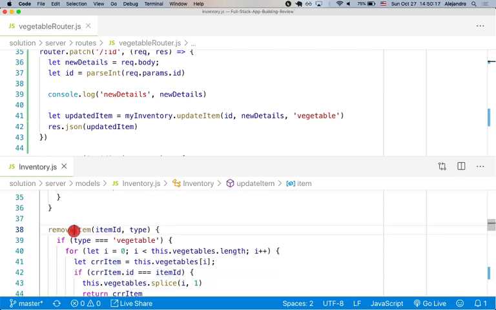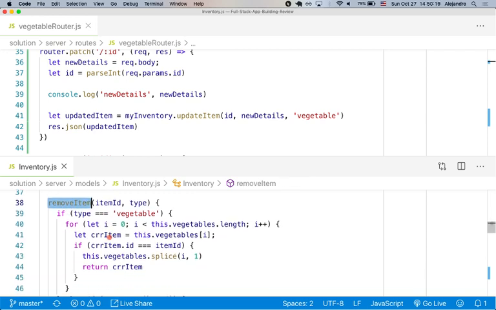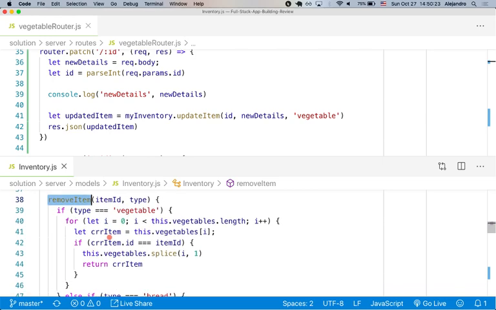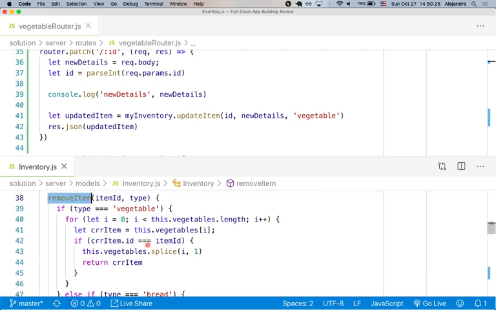Yeah, remove item. So we implemented this function yesterday that is just going to check what type the element is, and is going to loop over that array to find a match by the ID, and wherever it finds the match, it uses splice to remove the element at that index, and I want to remove exactly one element at